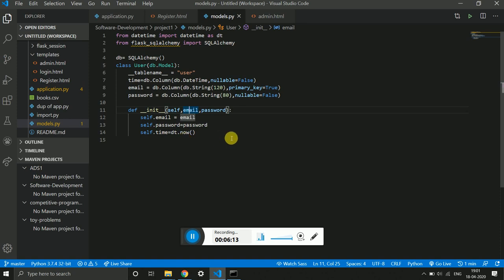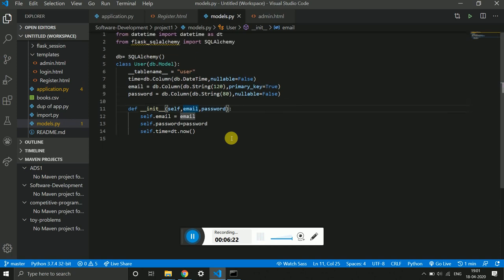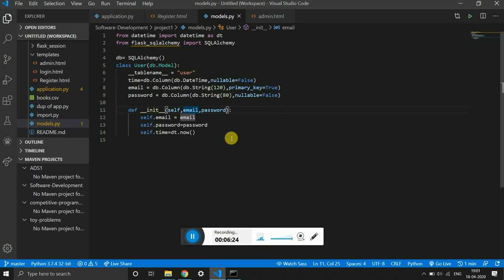So here we have created a schema of a table. And from now we have to create the objects and place them in the SQL database. If any of the steps I have mentioned previously are not done, please do that in order to work on this SQL Alchemy and Flask runner.